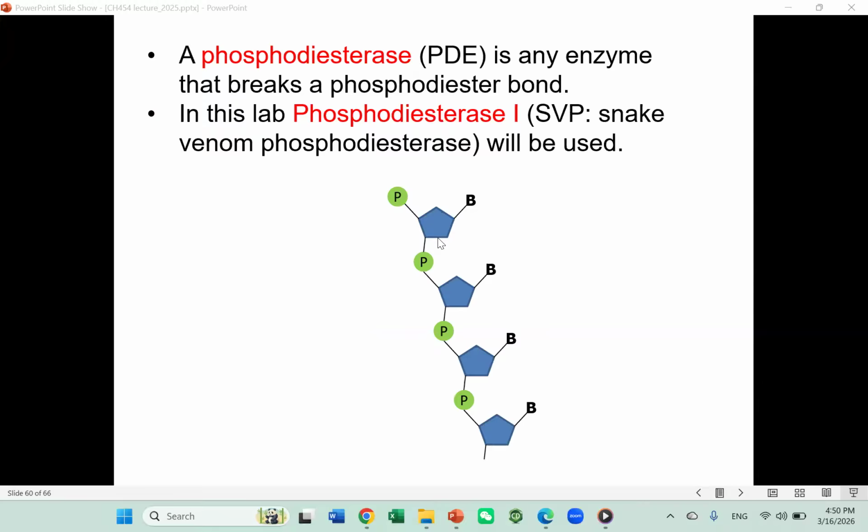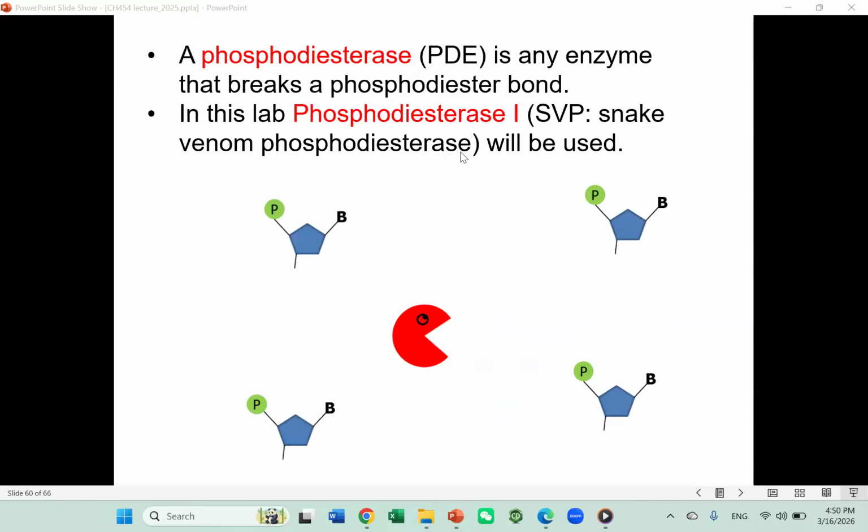So this one is actually an exonuclease. I remember it cuts DNA from the 3' to 5' end. The enzyme name is phosphodiesterase 1, and it's extracted from snake venom, so it is more powerful. Once you add it in, it cleaves the whole DNA sequence